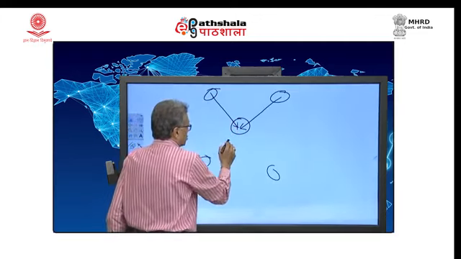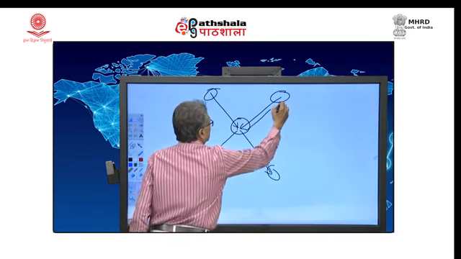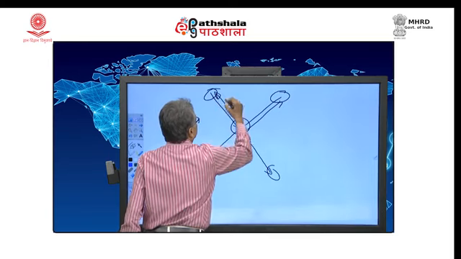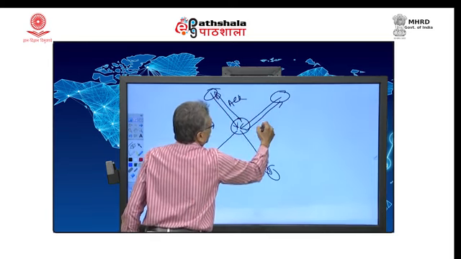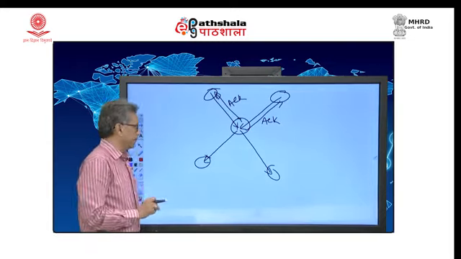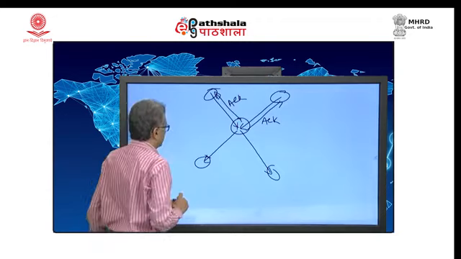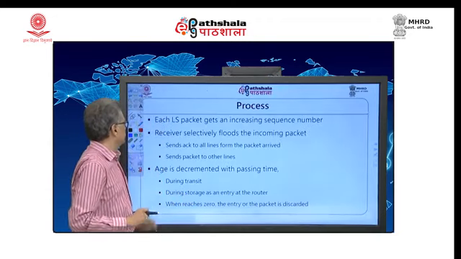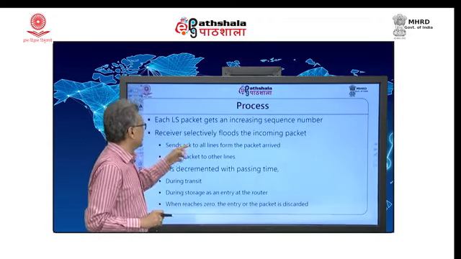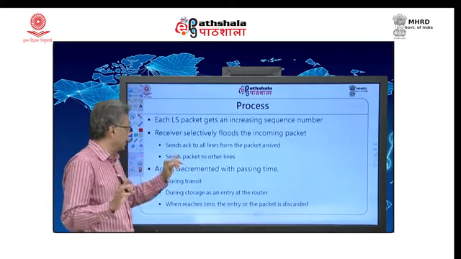So, what will this do? It will only forward that packet to the remaining 2, and to this one it will only send the acknowledgement, not the packet. This is called selective flooding. It will not flood everywhere, it only selectively floods. So, it sends an ACK to the lines from which the packet arrived and sends the packet only to the other lines.